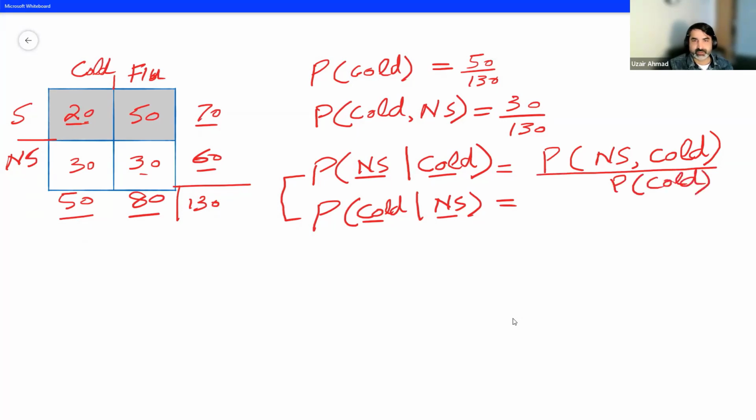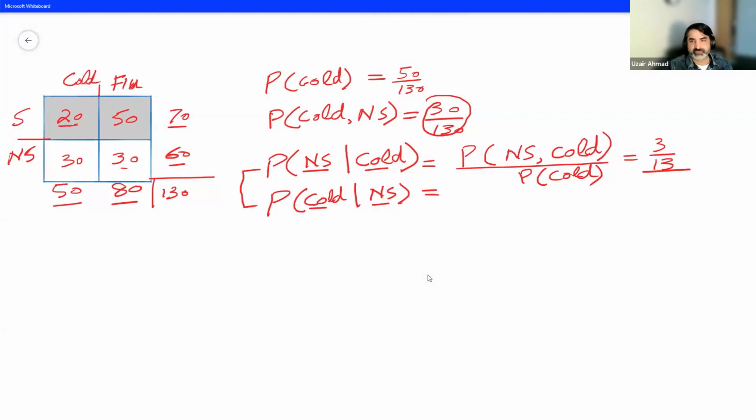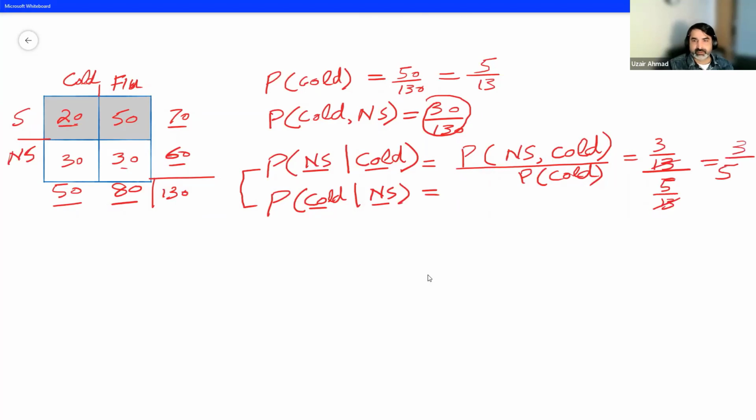So what shall we do? Not sneezing and cold, the number is here, right? Which is 30 by 130, let's say. And divided by the probability of cold, which is 50 by 130. So 130 cancels 130. The probability that the person is not sneezing, given that the person has cold, is 3 by 5,